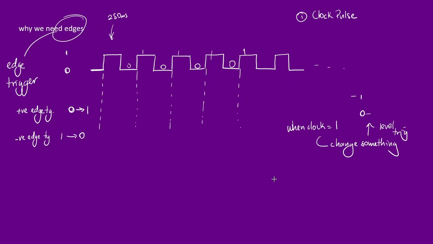When I'm doing a race, right? When people are running, we're doing a race. You usually don't run for the entire duration that the race is alive, right? You run at the edge when the whistle is being blown. So here there's no whistle, and here there's whistle. Okay, and that's when you start running. And the finish line too is also a trigger because you're running before the finish line and you stop running